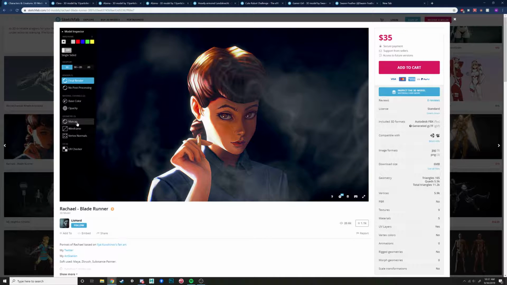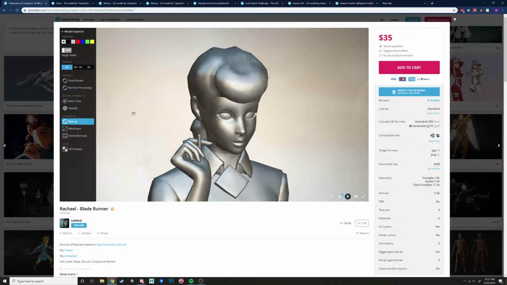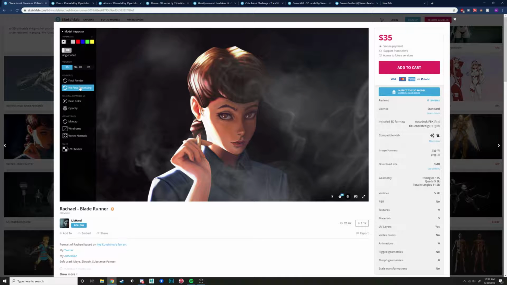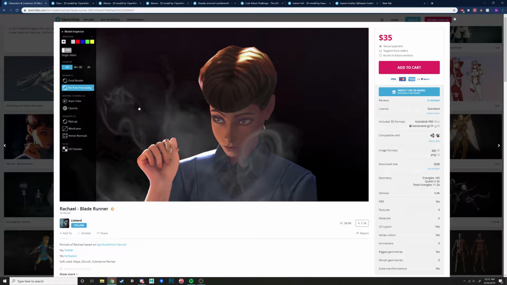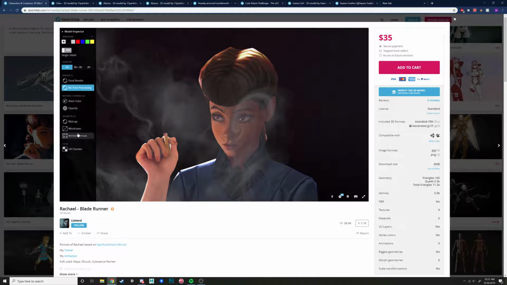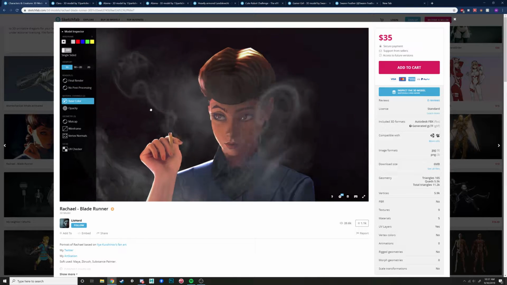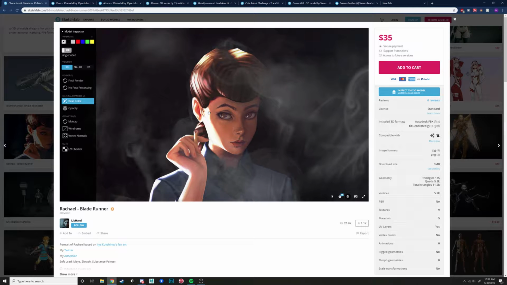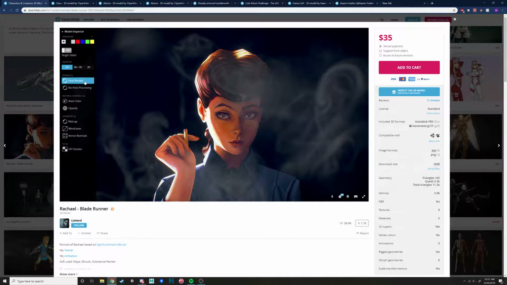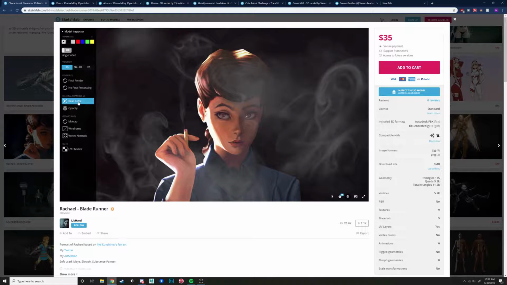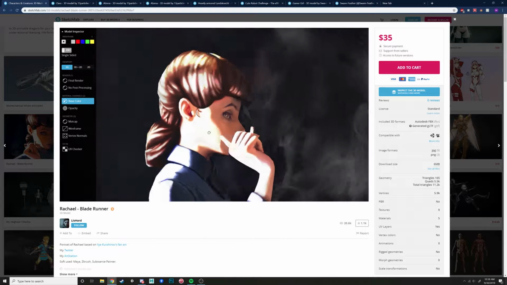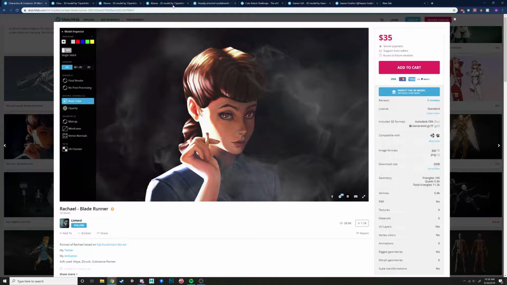But if we turn on matcap, oh wait, no, post processing. Wait, no, that's not right. We just want base color. There we go. So we turn on base color, and you'll see that not much has changed. The final render just has some color adjustment, but base color has all of the lighting detail in it, you know. And so if I go over to something else, let's see,